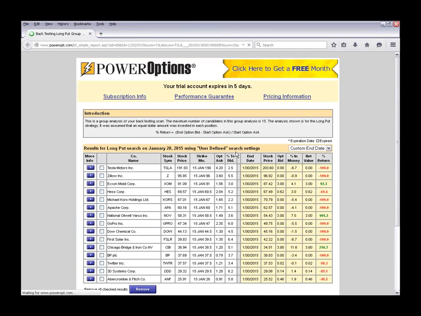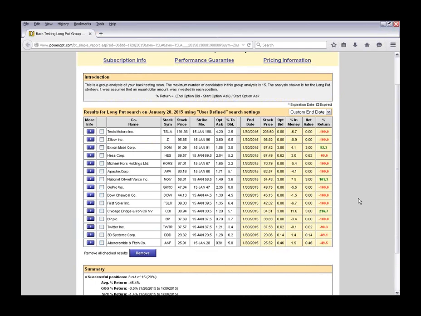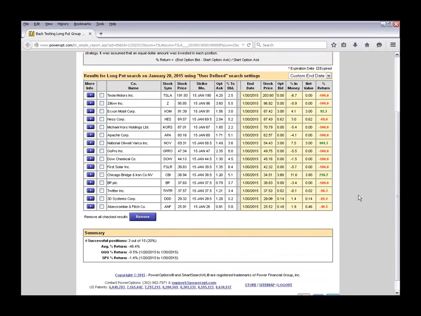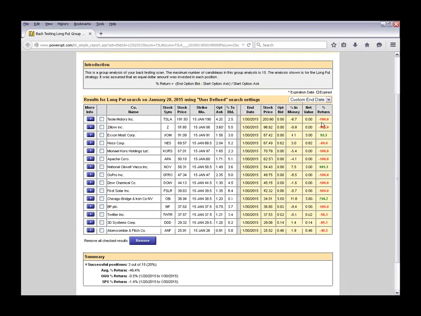Let's see how these would have done from January 20th to today, knowing how the market performed. These were stocks that were already in a downtrend. Oh, good grief. So stocks were already in a downtrend that had been performing poorly and had declined in price. Tesla, Zillow, ExxonMobil had been in a downturn, Hess, Coors, and so forth. Well, this is just as tragic, isn't it? You had gains of 92%, 100%,